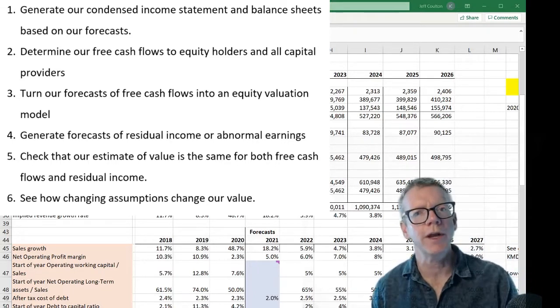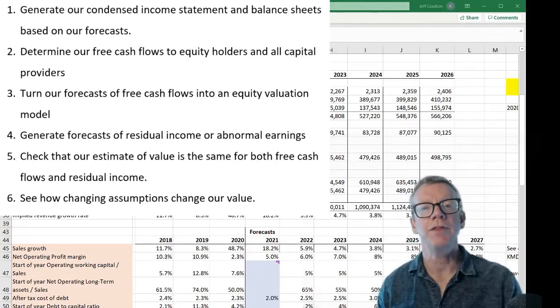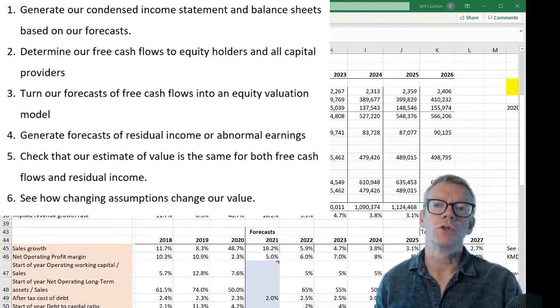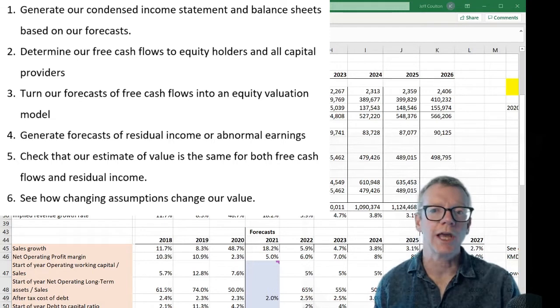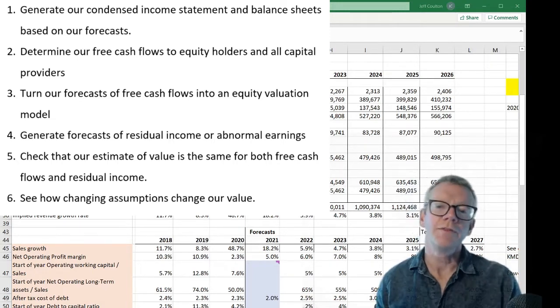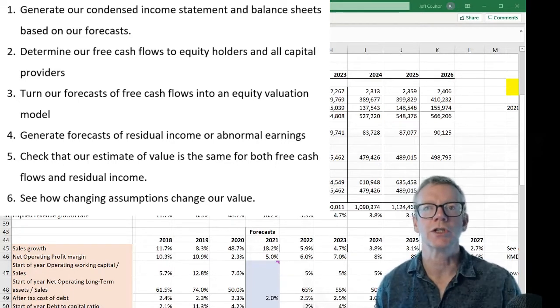Fourth, we'll generate our forecasts of residual income or abnormal earnings and then put those into a valuation model. Finally, we will check that our estimate of value is the same for both the free cash flows and the residual income models. Then we can see what happens if we change our assumptions, see the impact that they have